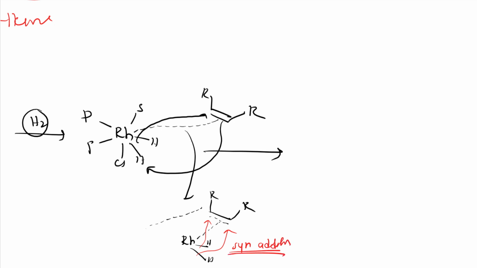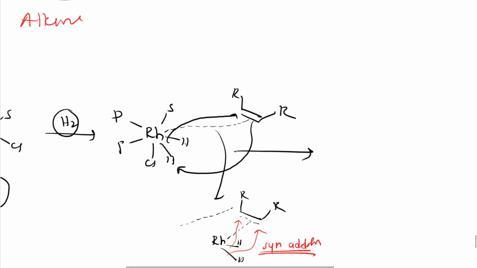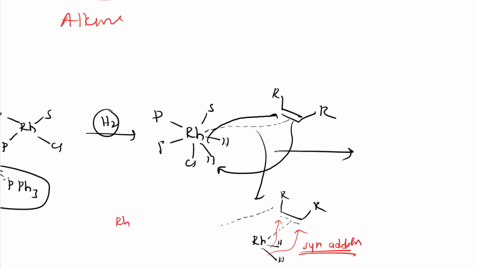So both H will be on rhodium, it is planar, right? See here, you can understand like this. Here I have rhodium, it is planar, all in a single plane, and I have this alkene which is coordinated to this rhodium. Let us assume that here one hydrogen, here one hydrogen is there with rhodium. So what happens, it will attack like this, it will attack like this. So syn addition, both hydrogens attack from below if the coordination is above, like that.